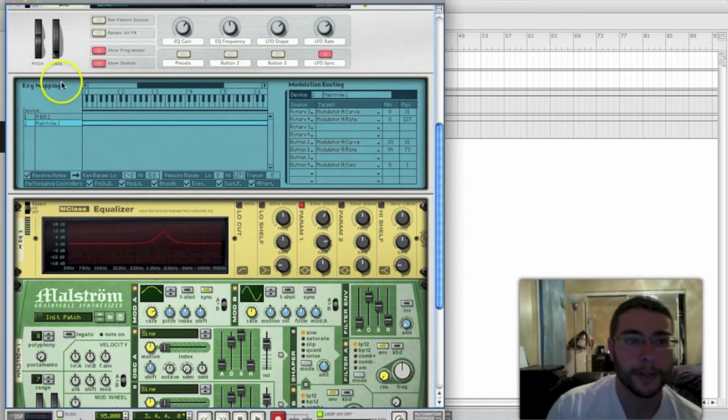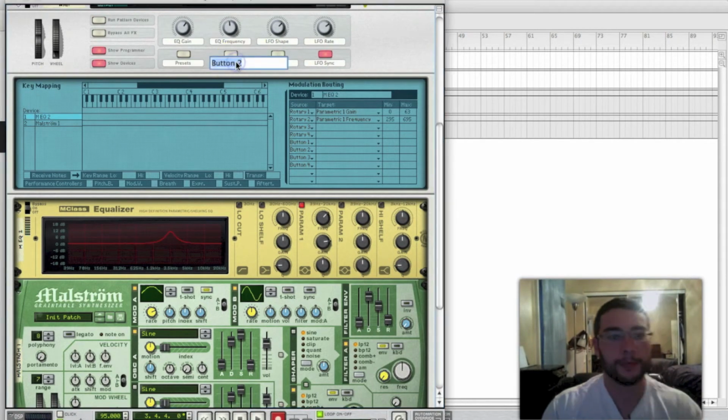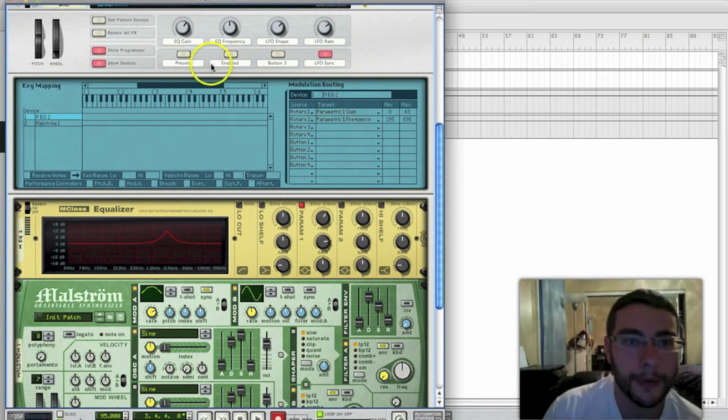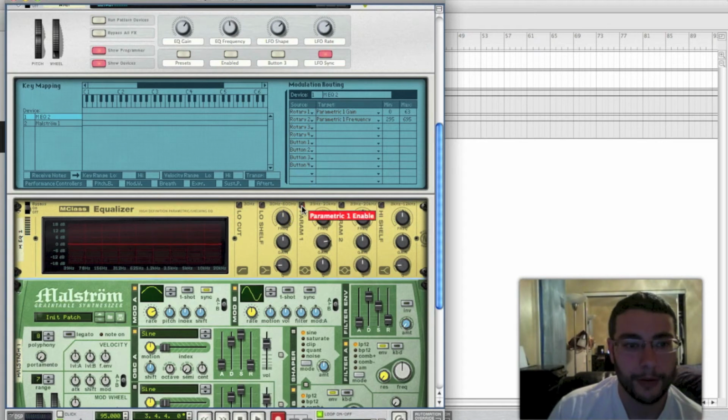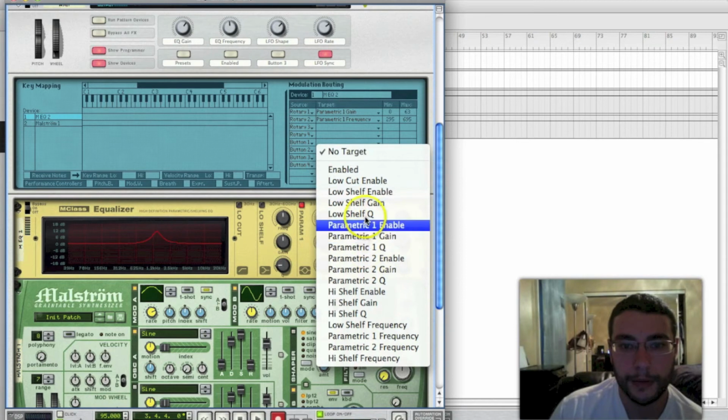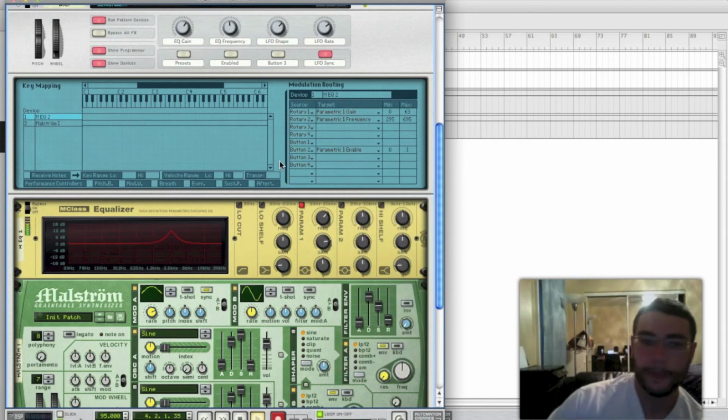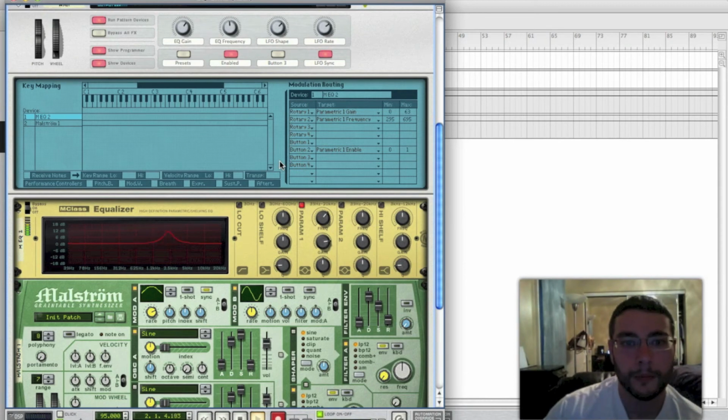And I'm going to take another one of these, and this will just toggle when it's enabled. So you'll notice that right now it's always enabled, but if I hit this switch right here, the knob is still turning, but the parameter 1 is not enabled, so I can easily cut it off. And I'm going to take button 2 and map it to parameter 1 enabled. So now you can go back and forth between, like,